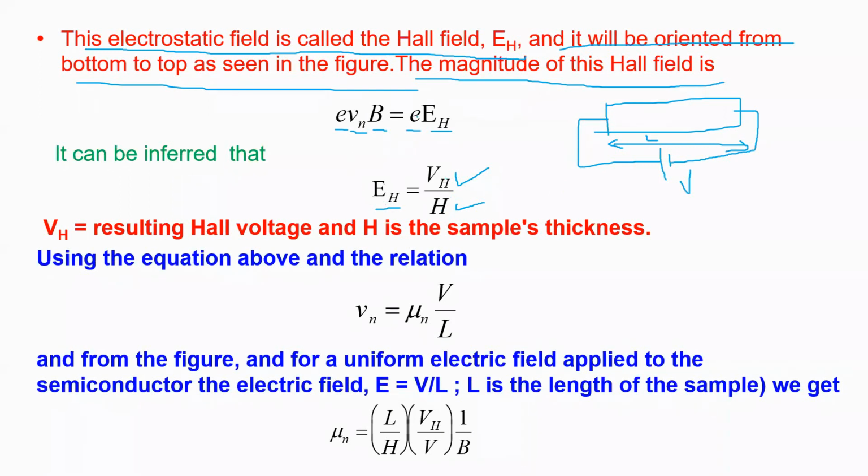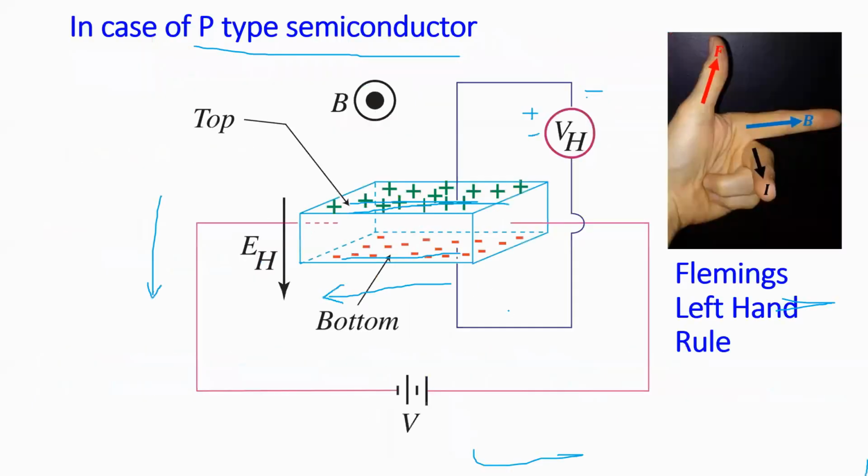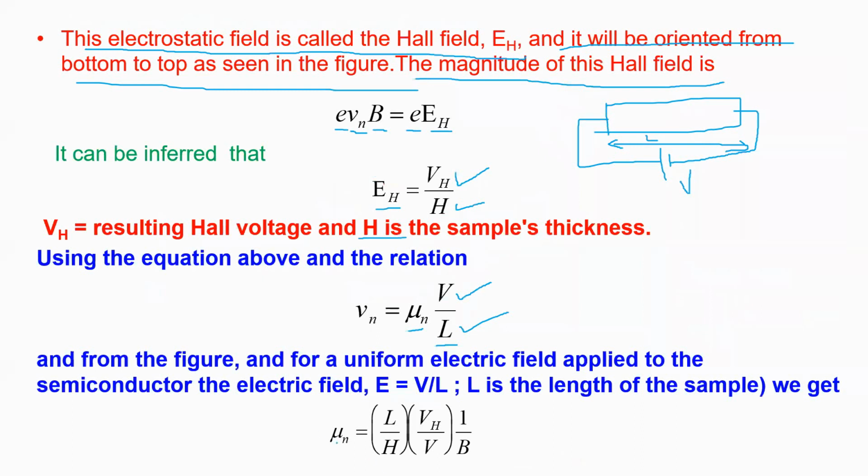So we substitute this electric field here. We already know sample thickness, and we also know that your drift velocity is equal to mobility into electric field. So what is electric field? Electric field is V and length of the sample. So here we have applied potential V across this, and L is the length of the sample. So we substitute here and solve it. You will get your mobility is equal to V by L into mu1.